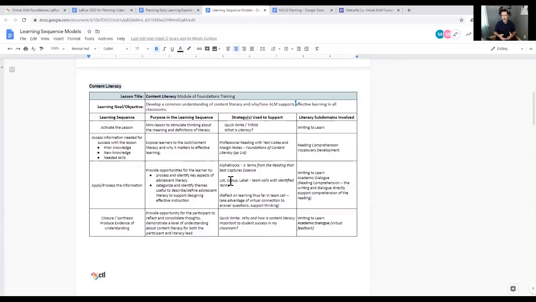And then last but certainly not least, our closure was a quick write. And the strategy of quick write is a very simple one. It's a writing to learn strategy that has you process information. So why and how is content literacy important to student success in my classroom? You'll notice that is tied into our learning objective. We want to go back and get feedback from you about how we did with our learning objective,